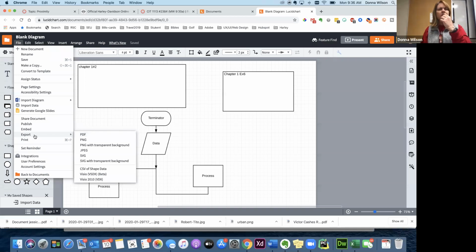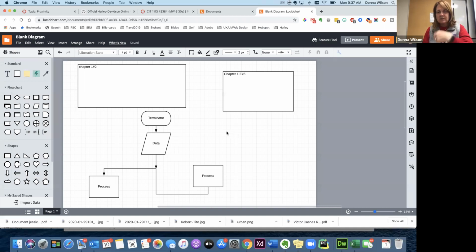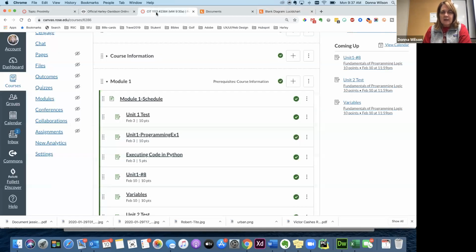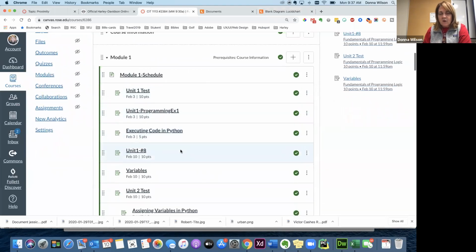And does yours on the Windows say export? Did we find out it does say export, not download as? Because the last version of Lucidchart, I think it said something different. But anyway, if you do export PDF, so that's what you always need to do instead of giving me the link to Lucidchart. Okay, so the things that are due at midnight tonight, if you have any questions about the